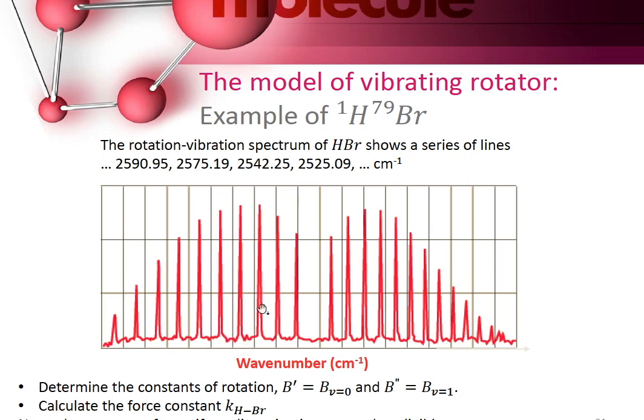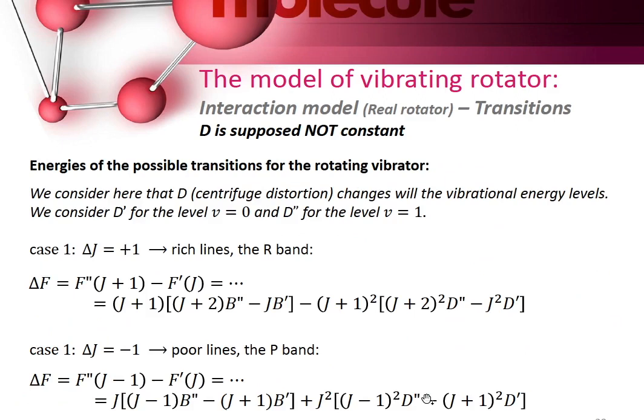We have the R branch on this side and the P branch on that side. Now, how can we determine B prime, which corresponds to V equals 0, the first level of vibrational energy, and how can we determine B second? So as we said here, look,